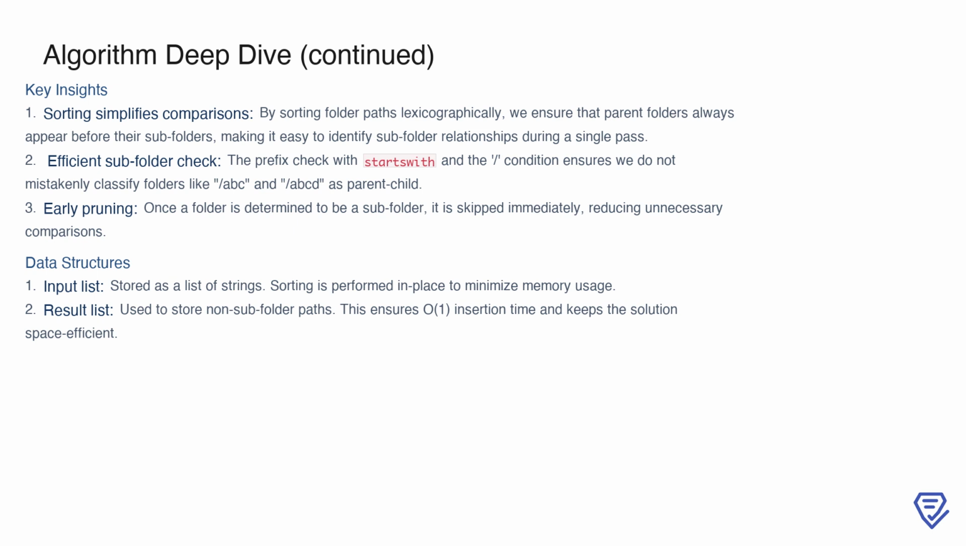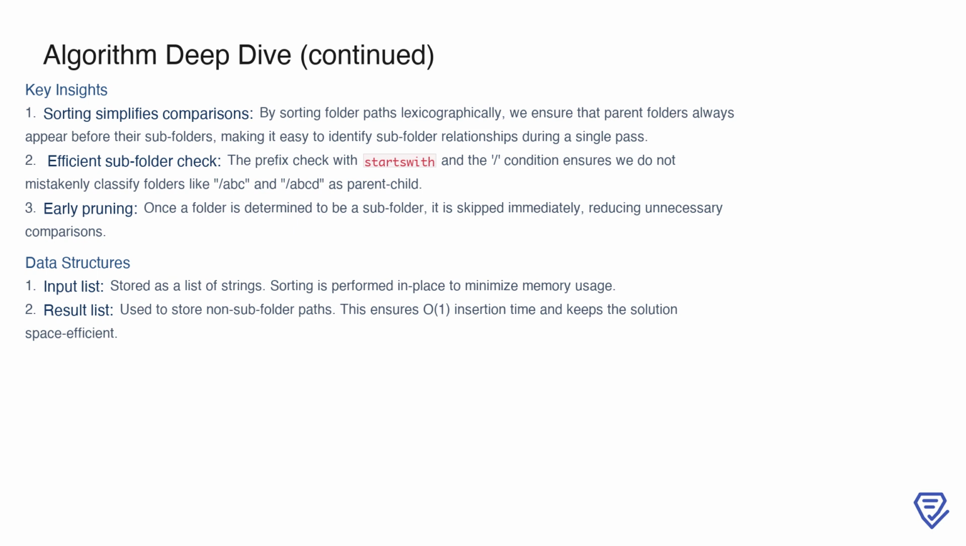Second, the subfolder check is both accurate and efficient. By using the startsWith method along with the / condition, we avoid misclassifying folders with similar prefixes, such as /abc and /abcd, as parent and child. Third, the algorithm employs early pruning. As soon as a folder is identified as a subfolder, it is skipped, eliminating unnecessary comparisons and keeping the iteration